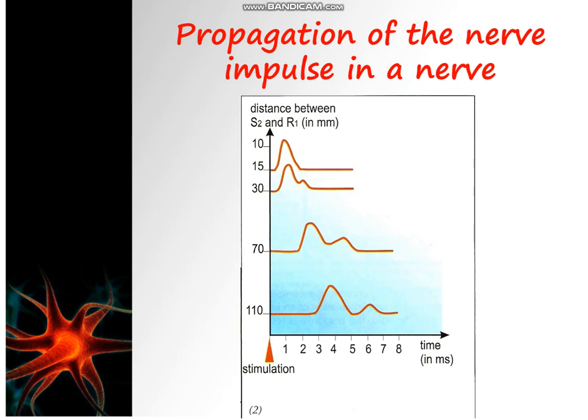The appearance of many peaks indicates that the nerve message in the nerve is conducted with many speeds because of the presence of many types of fibers. But the amplitude of each peak depends on the number of nerve fibers that conduct the nerve message with the same speed. So the number of fibers that conduct the message with the first speed is higher than that which conducts the message with the second speed.